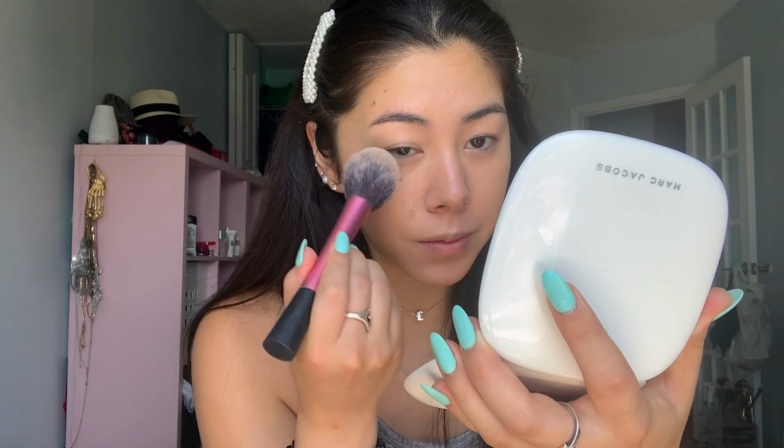Everything is buffed in and you're looking flawless. We're gonna powder to control that oily shit. I'm gonna use the Maybelline Fit Me powder in light. If you want a really good high-end powder, the Fenty Beauty powder is phenomenal. It's so finely milled and soft and blurry, but I just ran out of it, so I can't use it. This is a really good powder that you can pick up at CVS or Walgreens, Target. I'm just gonna take that on a big fluffy brush and just...